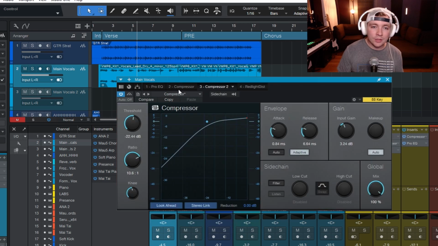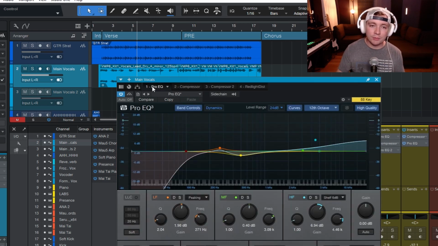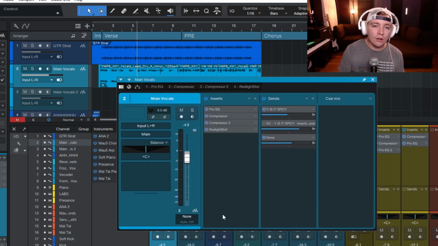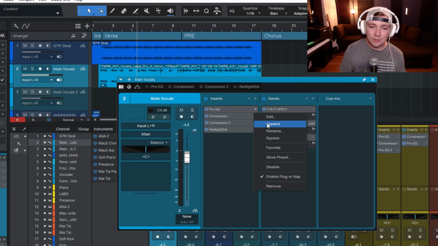So we can come through here and select our different plugins that we have on here, but we can also come here to the main channel editor, see everything all at once. We can flip the phases here, we can see our inputs, our main out, we can have record and mute and solo, and even our monitor options here, our panning options here, but it even gets better than that. We have our sends, our Q mix, and most importantly here is our inserts, which I think you're going to use the most. So if I'm in here and I just click over here and click expand,